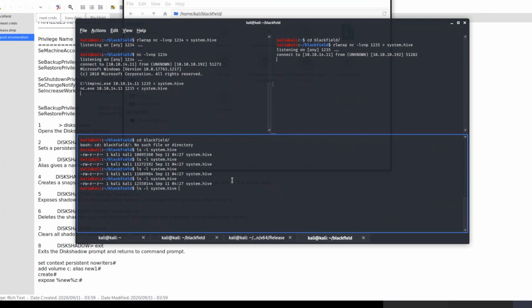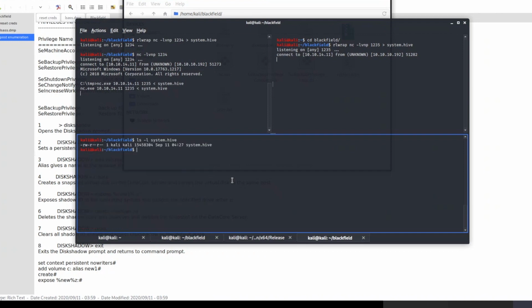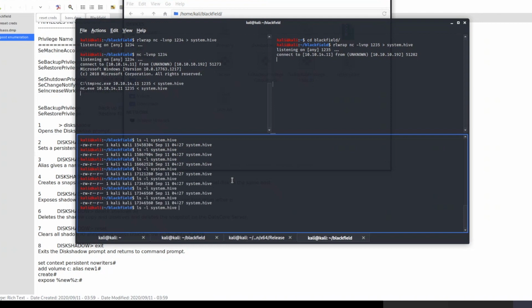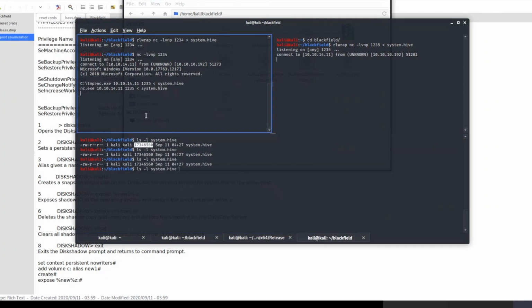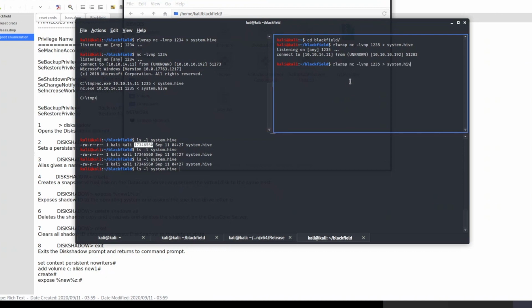Okay, not yet. Not yet. Okay, it's being downloaded. Yeah, I think it's done. We're getting a constant value now for the size, so it's fully downloaded now. So yeah, let's close this listening shell. And then what we can do now is, we need